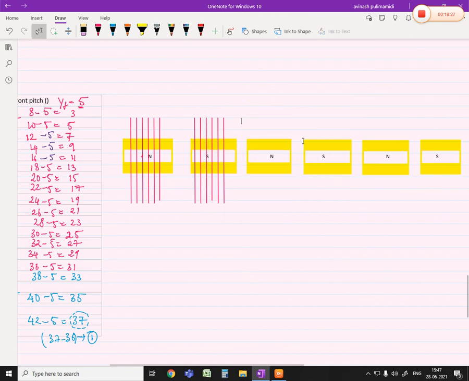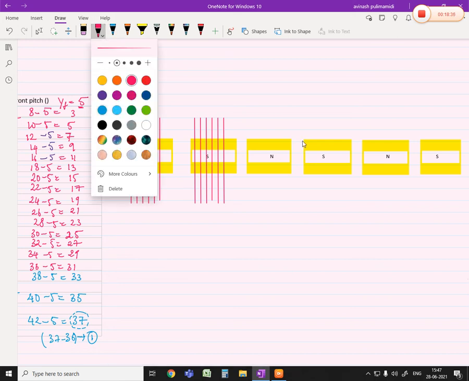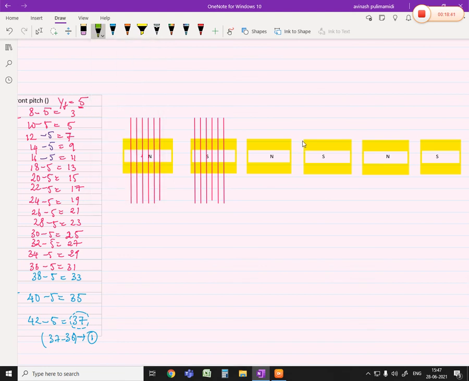So in the same way, we will be conducting for different number of poles. Okay. Let us name these points. So this will be the conductor 1, 2, 3, 4, 5 and 6. Then on the second pole, we will be having different number of conductors 7, 8, 9, 10, 11 and 12. Okay. In the same way,